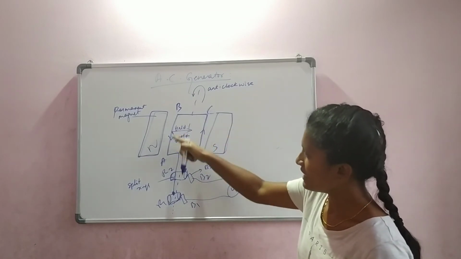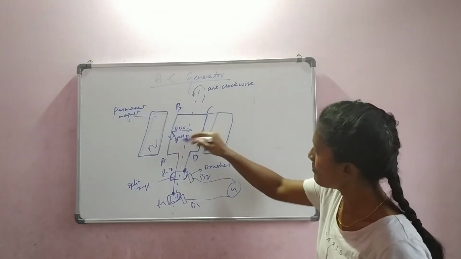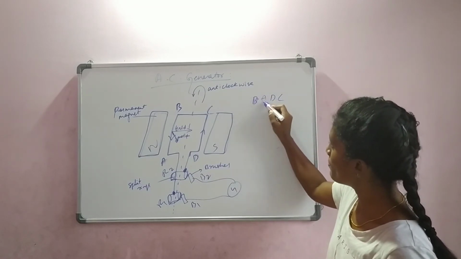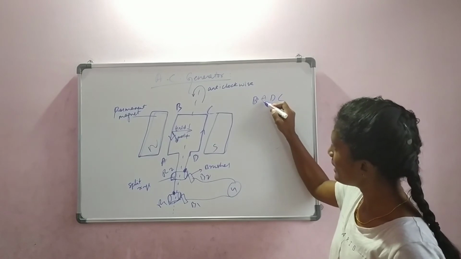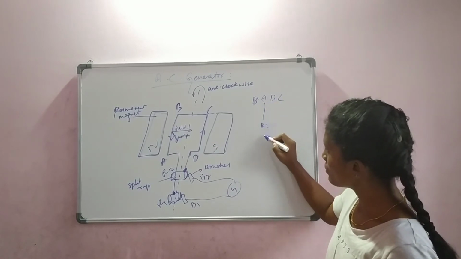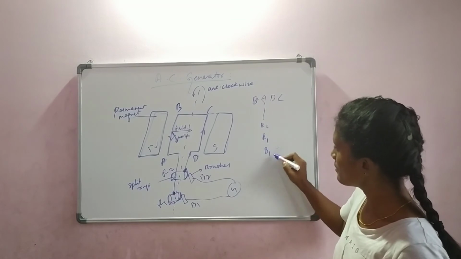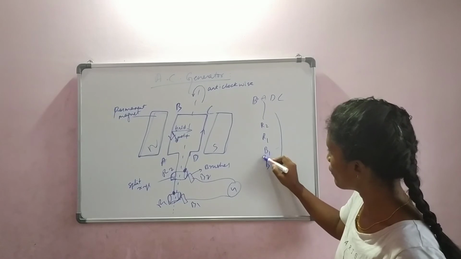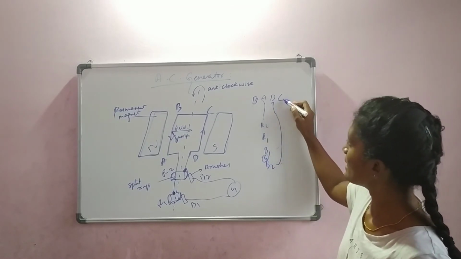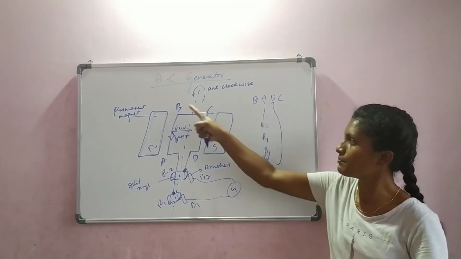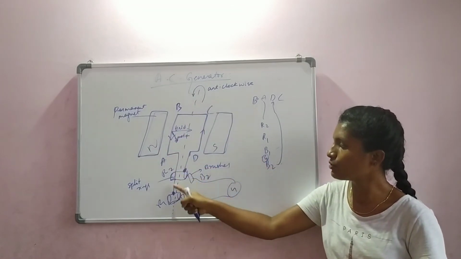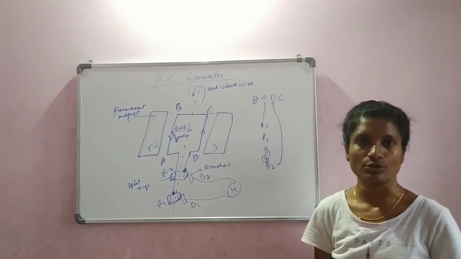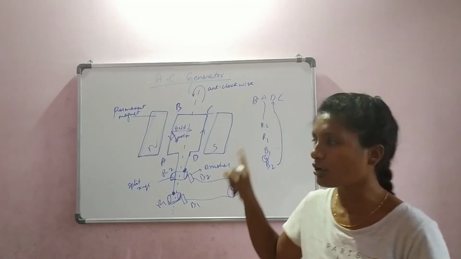Now, let us say the current is coming from here. Initially, it is from B, A, B, C. While it is coming to BA, before it goes to D, it has to cross R2, R1, B1, B2. Between B1 and B2 we have the galvanometer as well. Then it goes to D, then C. Isn't it? It starts from B, A, R2, R1, B1, galvanometer, B2, D, C, and then it continues. So it is one cycle, which was anti-clockwise direction.